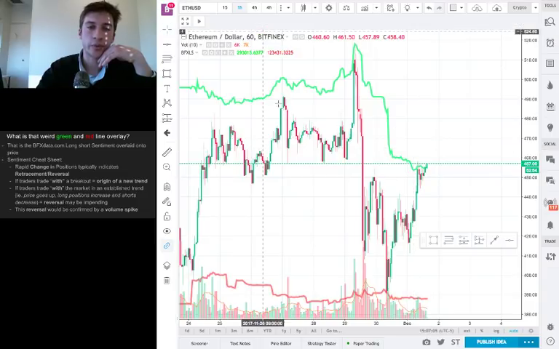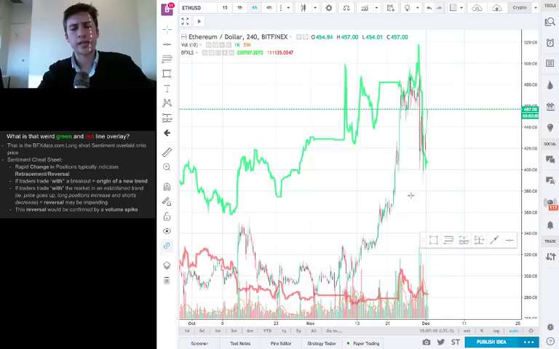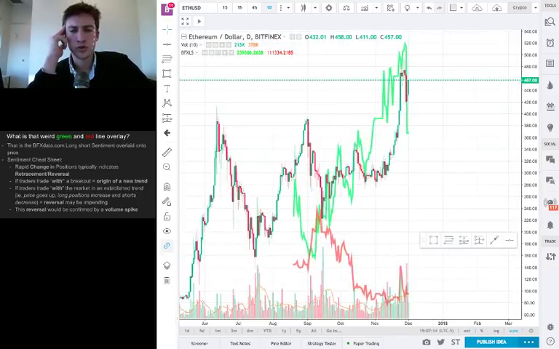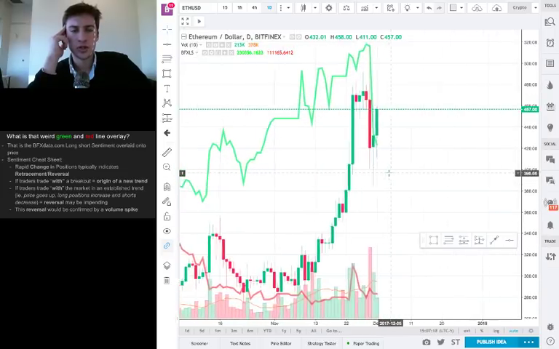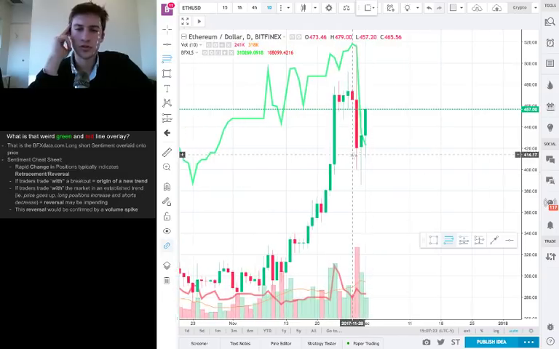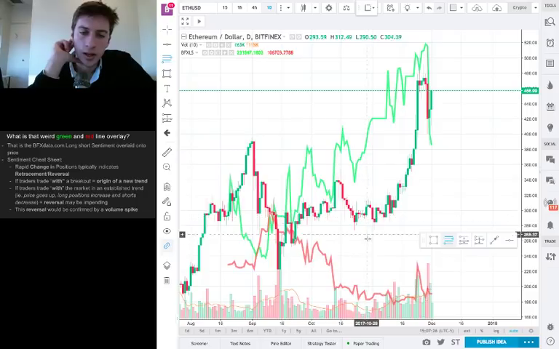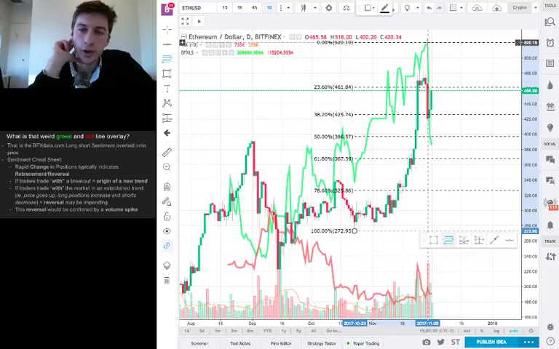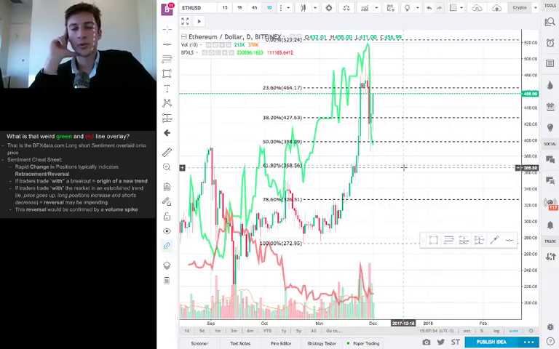Going forward, and I really wanted to mention this because I thought this was pretty cool. If we go on the daily, one point that I found was super important was 367. Let me show you guys exactly what I am talking about. If I can just remember what I did here. Yeah, so I drew a Fibonacci right from here to here. Yeah, here we go. So of the recent bull move, from here to here, we can see the 61.8 is